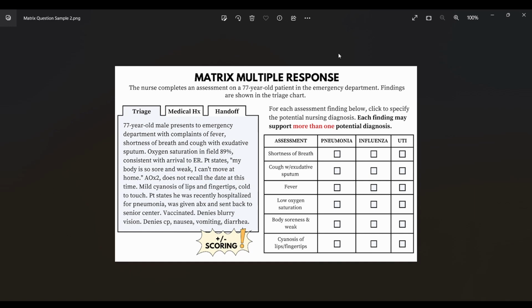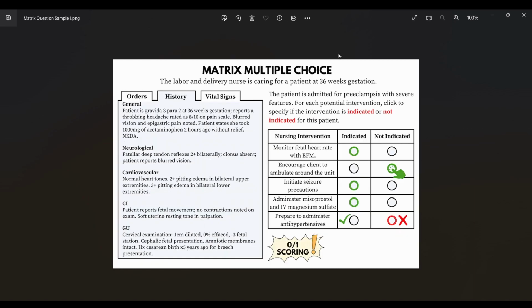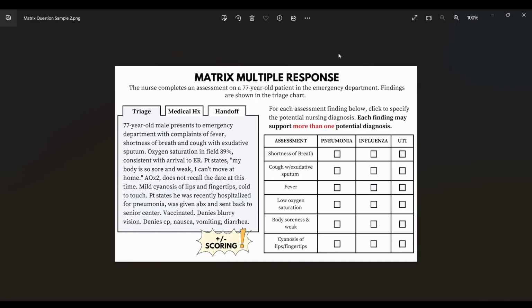So you have to read and select the options according to that. In the previous one, in multiple choice, you had to select between 2 options, like indicated or not indicated, but here in multiple responses you will have to select between 3 or more than that. Like in a chart you will be given the